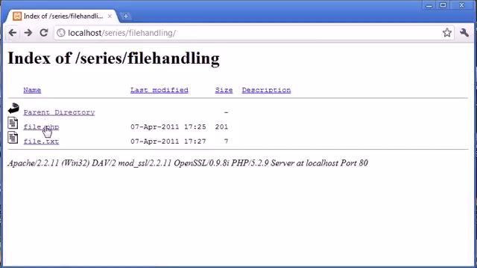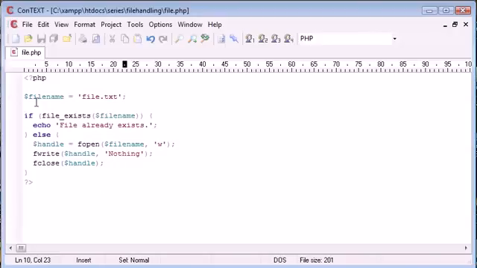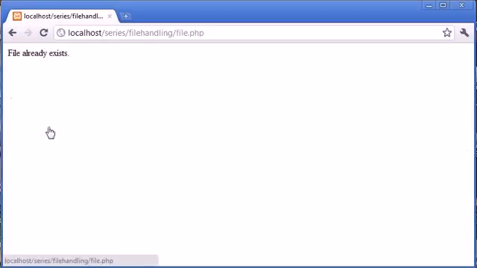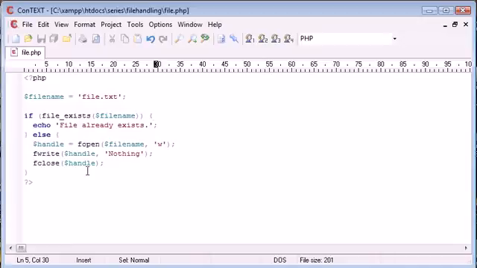Now when we enter file.php for the second time, what we're now doing is we're checking if the file already exists, so if file.txt already exists. So now we can see if this function is properly working. So well, we already know that it's working because we've run the second block of the if statement, but let's go and check it anyway. So it says file already exists. So this is the file exists function in PHP. Really useful, like I said, when you're handling file uploads and you want to check if a file name already exists, just to ensure that you don't overwrite